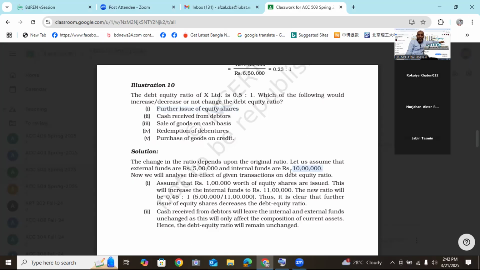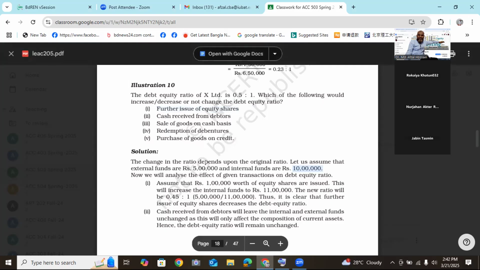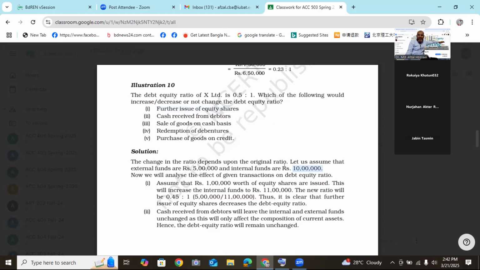So 50% of 10 lakh is 5 lakh external long-term debt. Then if you issue 1 lakh worth of equity shares, your internal funds will be 11 lakh,